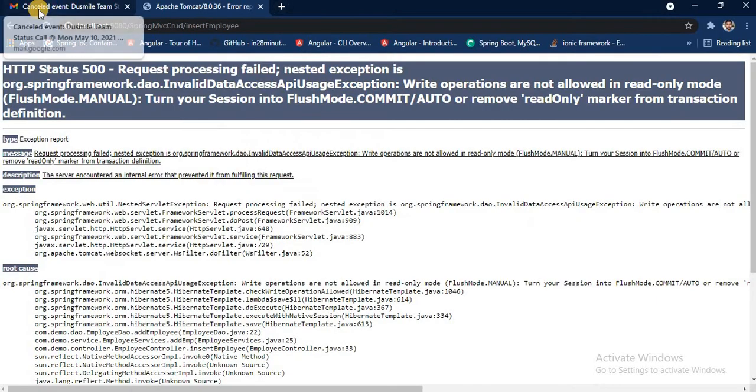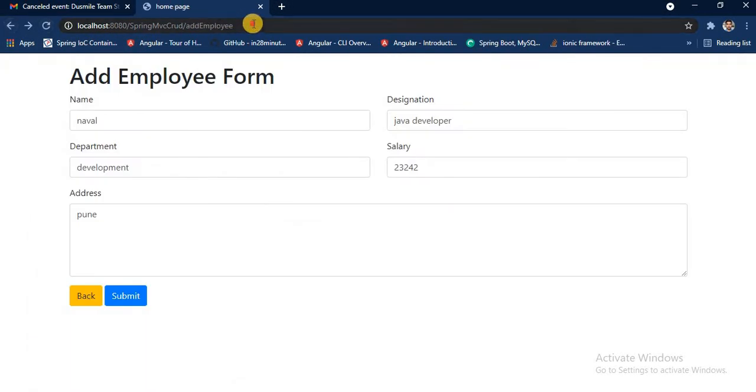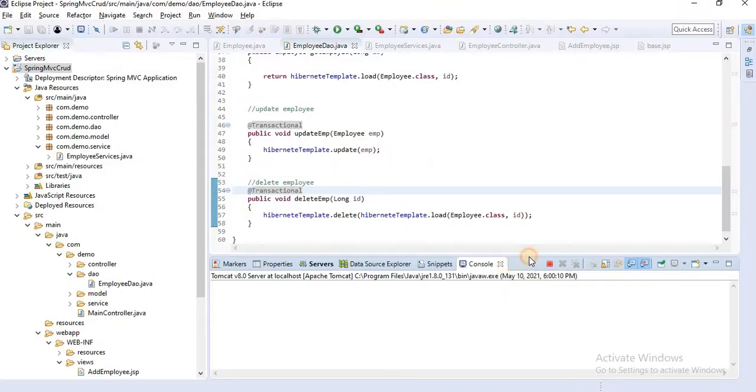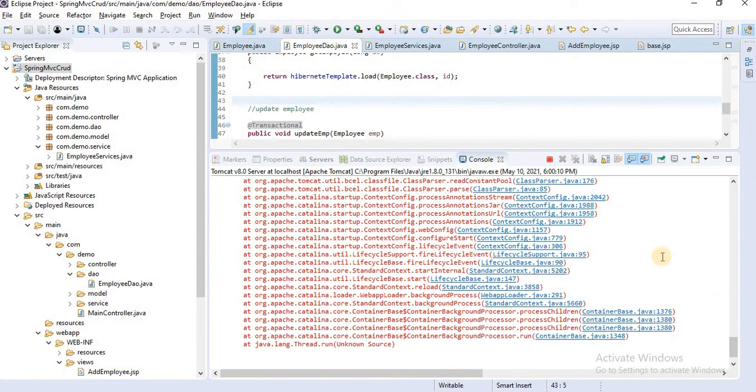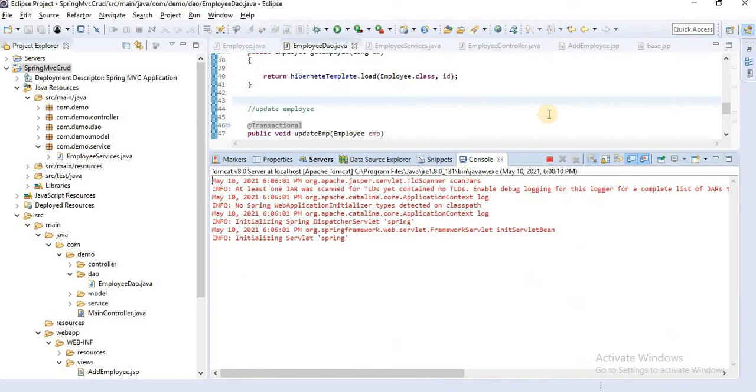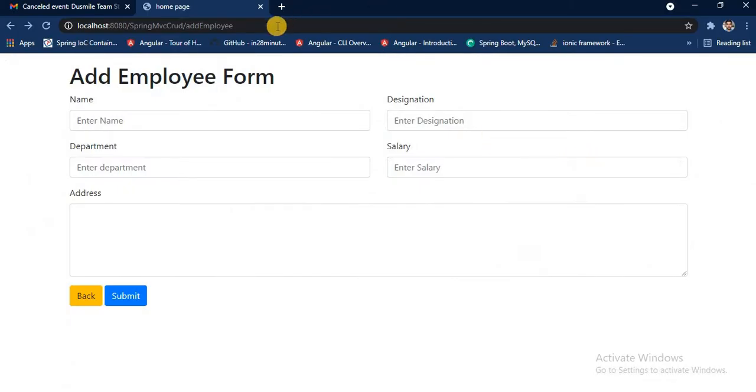Let's try again. Go back, refresh this page. Let me check if it has run or not. Okay, it's initialized. Let's refresh.